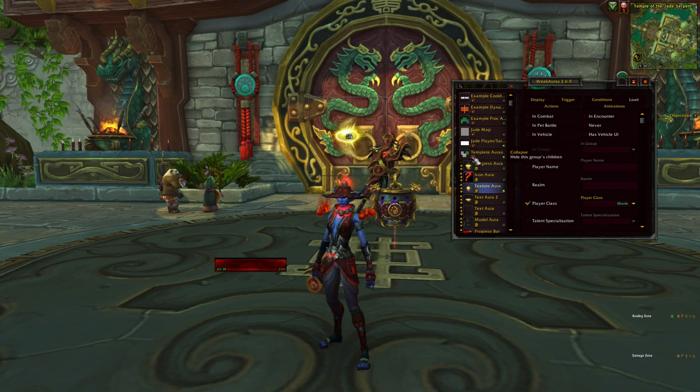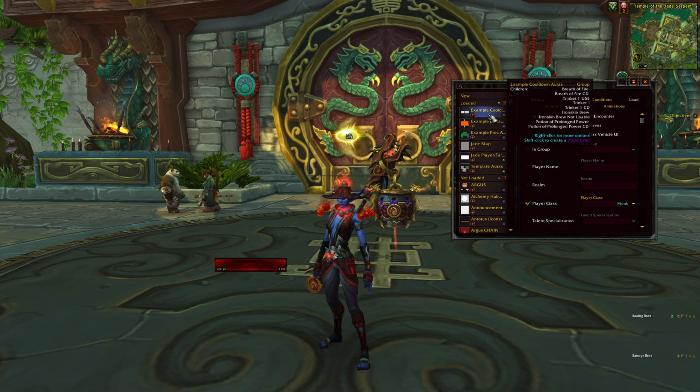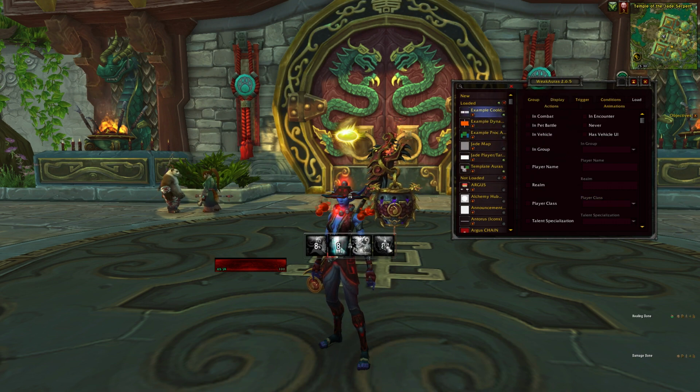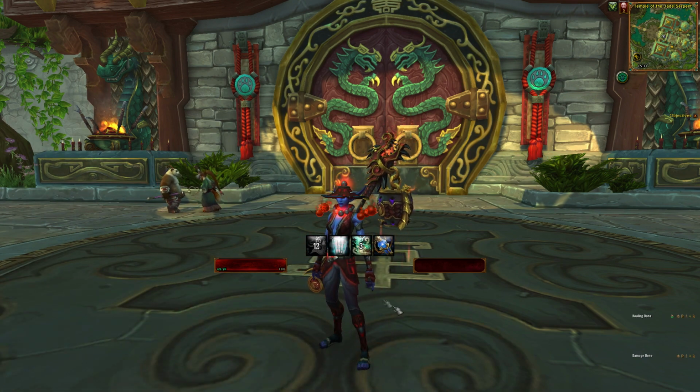Right, but let's check out the other auras we imported earlier. If you click on example cooldown auras, here you can see a line of your typical cooldowns. They track cooldowns, and they are made from icon auras. And if we exit the WeakAura menu, we can see them here. It's Breath of Fire, and the second one is a trinket, and this one actually